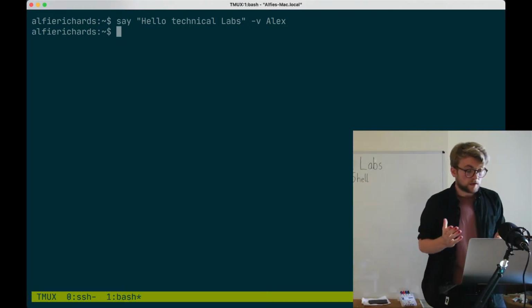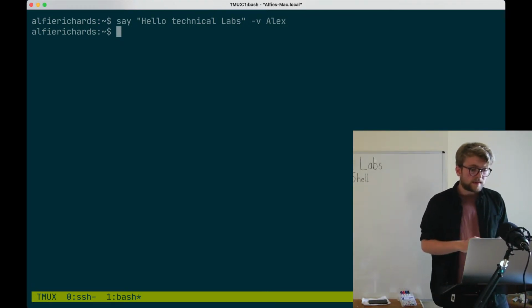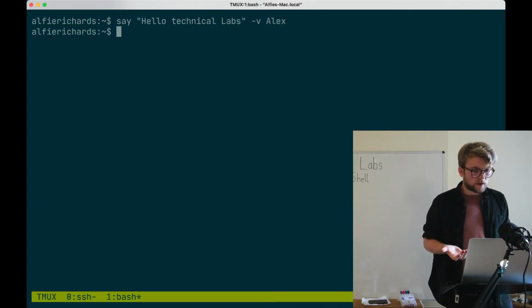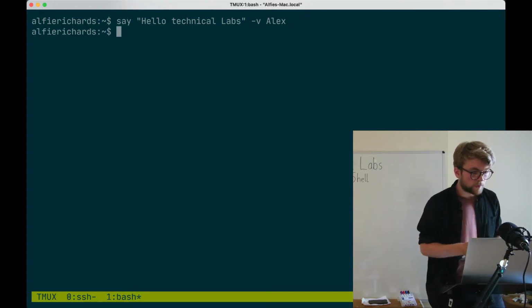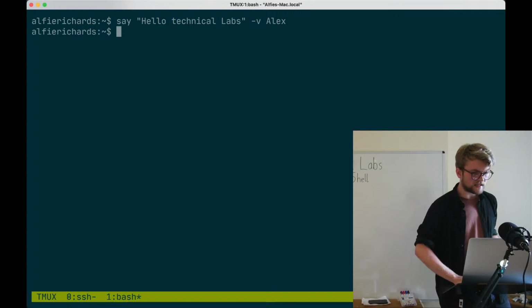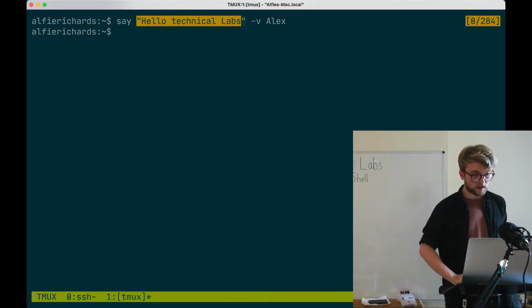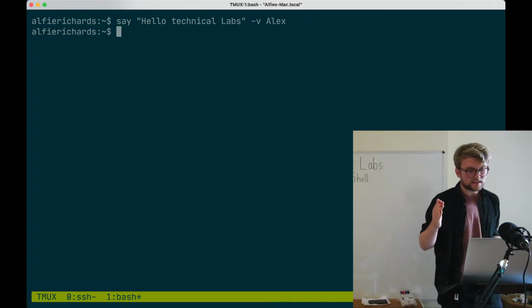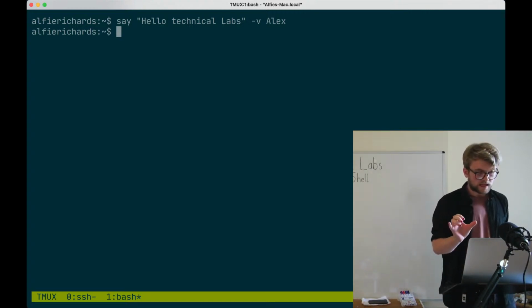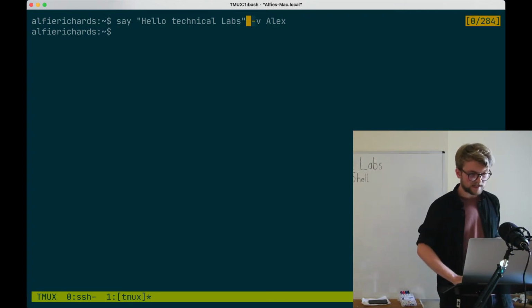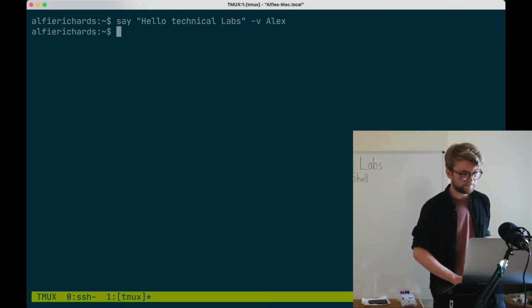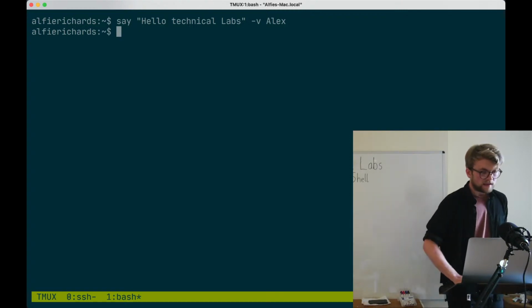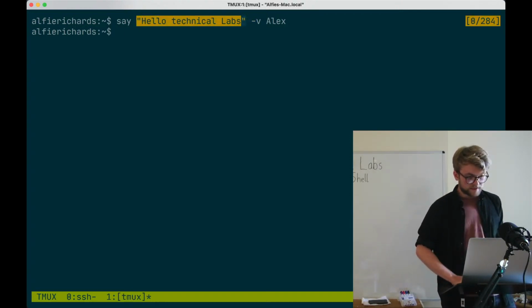But so you could just take whatever you wanted, but there's a lot of common practices. It's also important to note that because I surrounded this here with speech marks, the speech marks are removed, and then that is input as one parameter. So that would just be hello technical labs with these spaces, whereas everything else, if there's a space, that separates it into different parameters. So here, the say command takes a string, and it will say that, and then I've